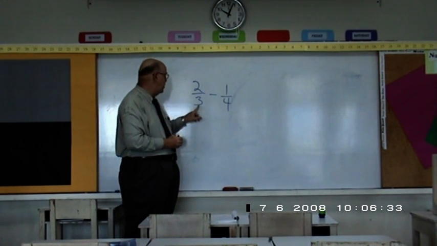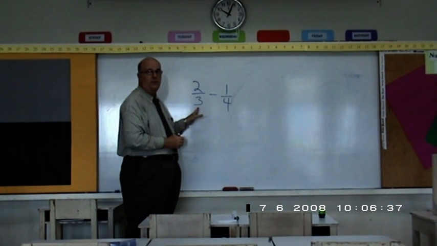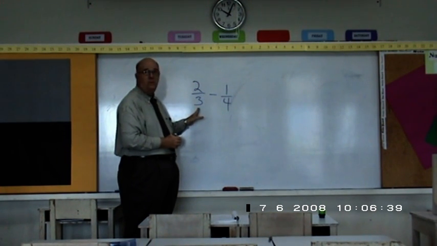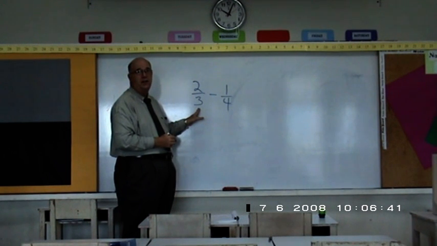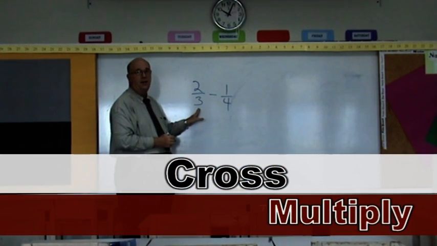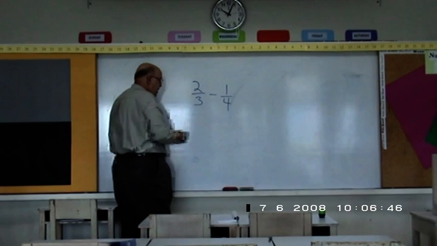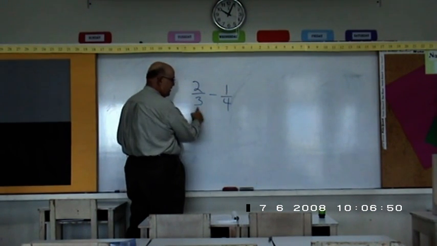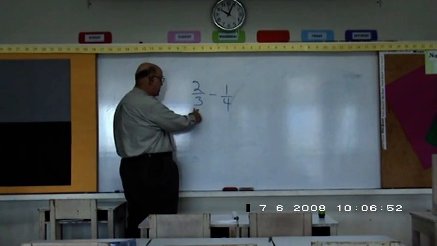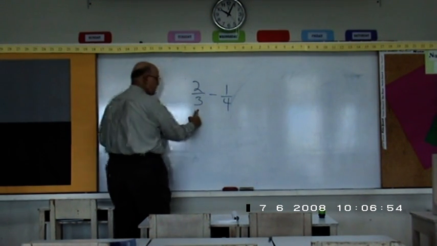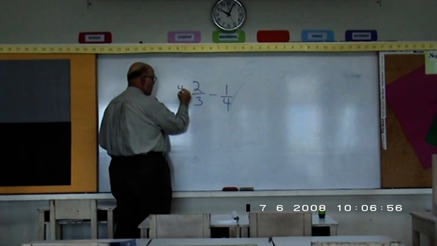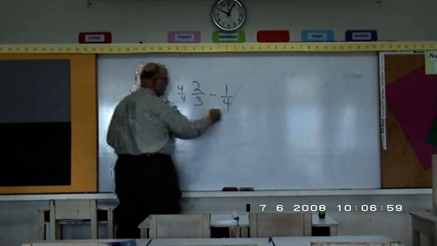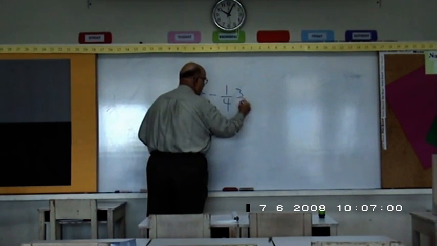We're going to have the fractions have the same denominator. The easiest way to do this is to cross multiply, or to multiply this denominator by 4 and this denominator by 3. And if we do that, we end up with 12s. If we multiply this one by 4 over 4 and this one by 3 over 3,